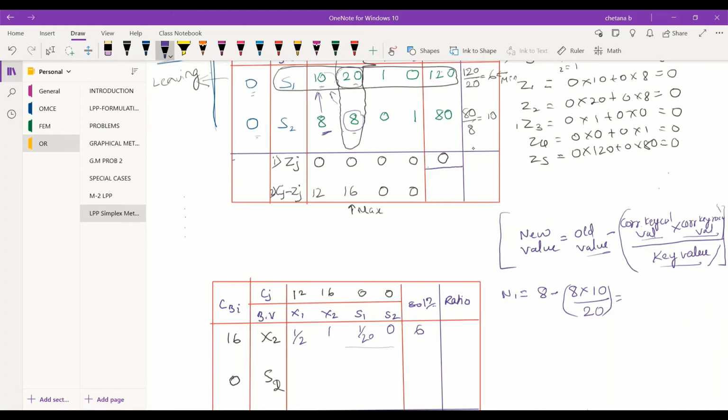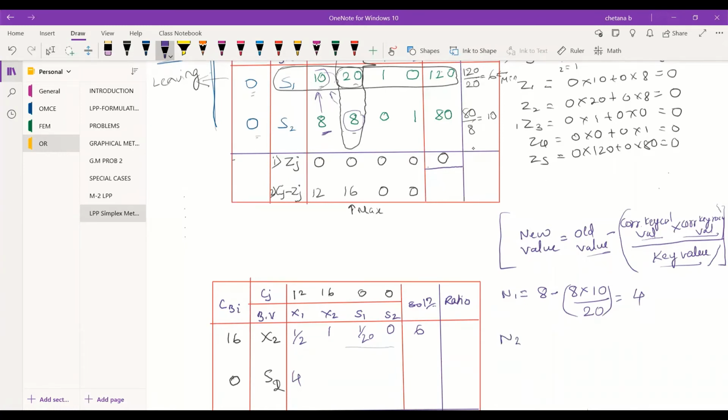The first value in the key row is 10. So 10 divided by the key value, 20. Is that fine? So how much are you getting here? 4. So write that 4 here.